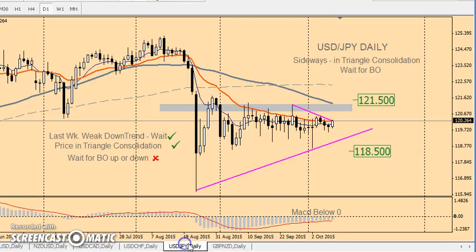Okay, and finally, we've got the USD Japanese daily. Last week we were in a weak downtrend. Again, here's the start of last week right there. Okay, the last week, USD Japanese daily. We were contained within a triangle, and this week we're still the same. Just wait for a breakout to the upside or to